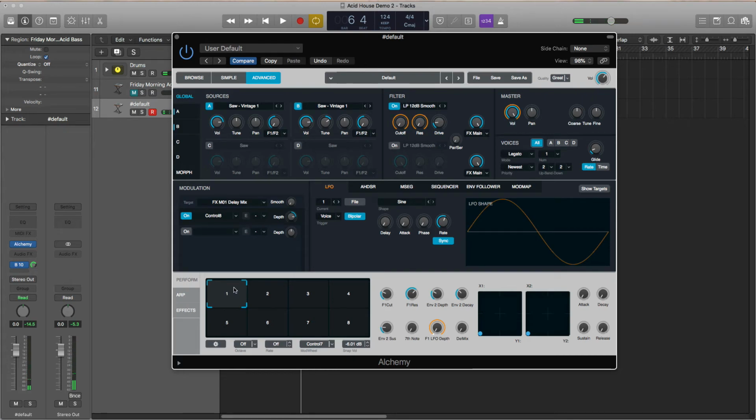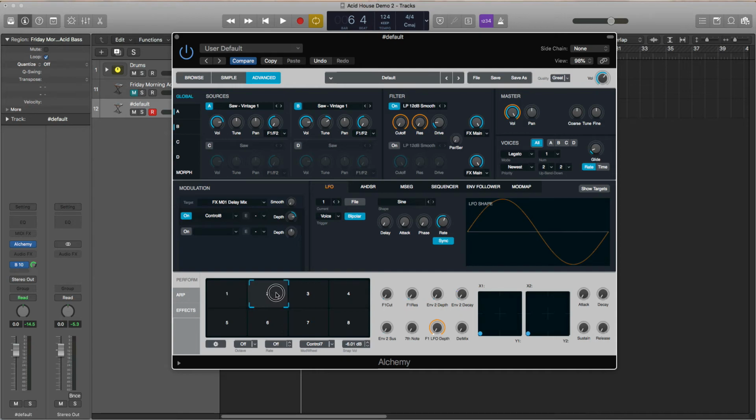How I'm going to store the snapshots: you'll see that the background where it's got the numbers changes colour when we switch to the different ones. I'm going to put this one on 1, so